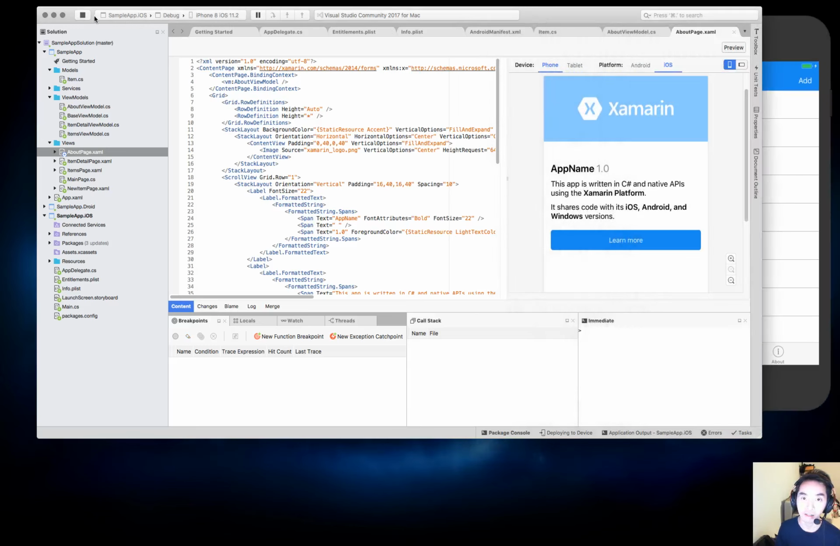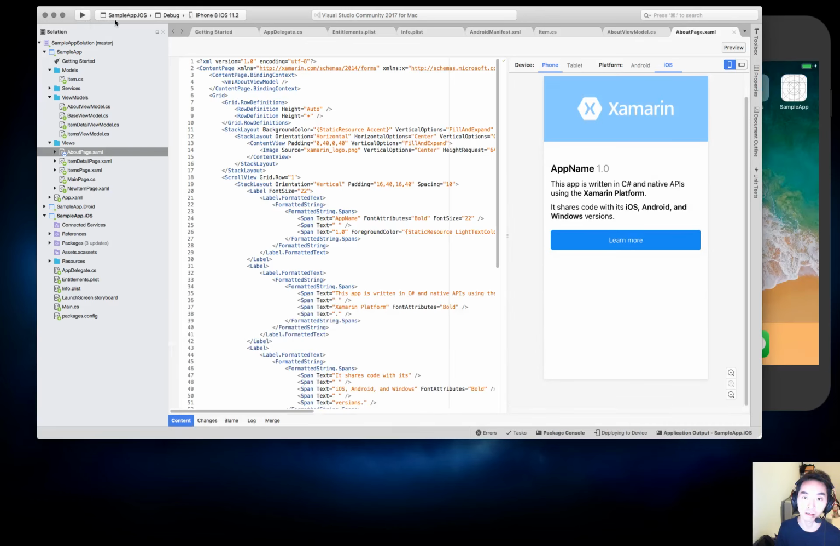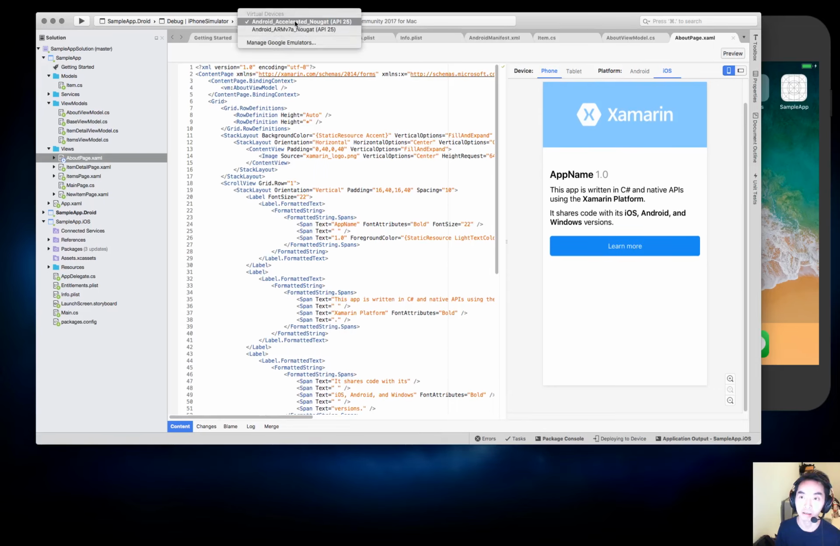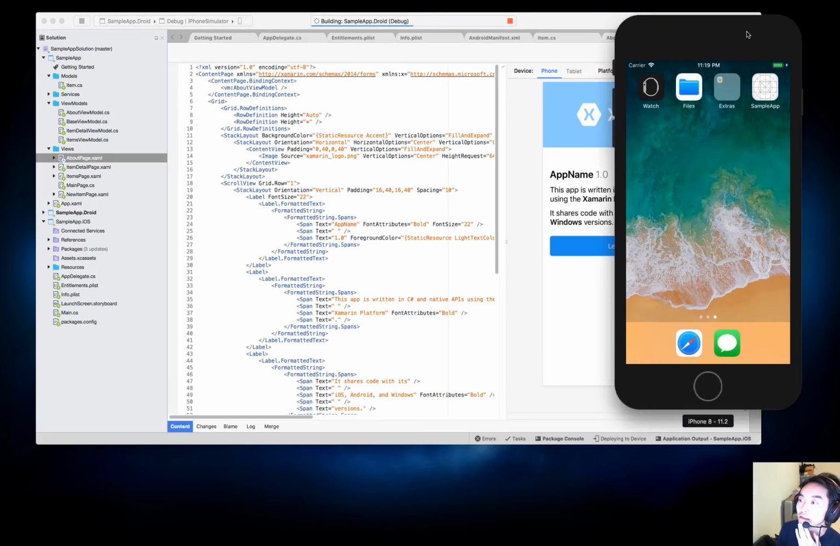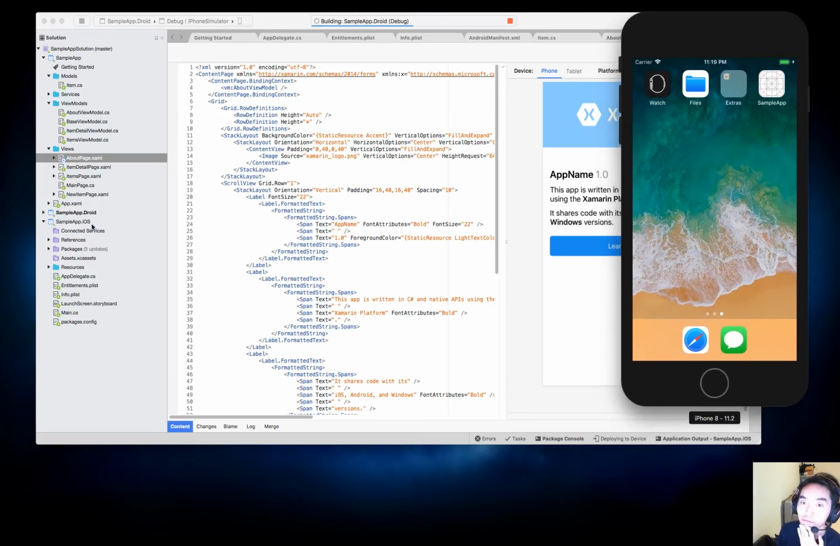Let's check it out for Android. I can't switch it out and use Android immediately. I have to actually stop debugging, switch to Android. I'll do debug, and I will use the default simulator selected for me right now, which is that. Hit play, then it builds. And while that's building,